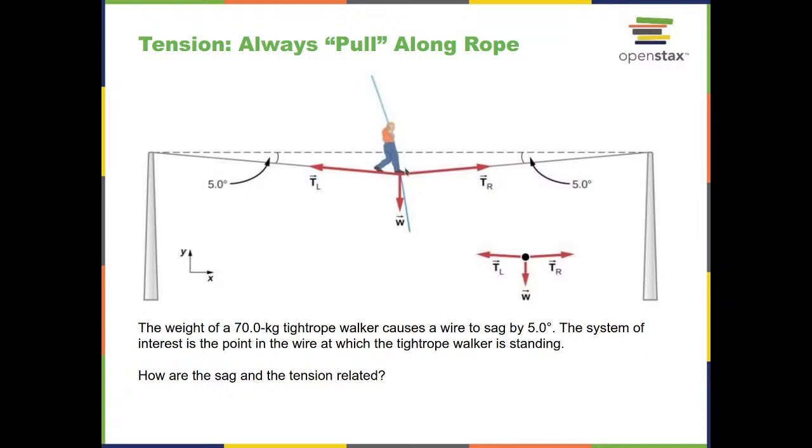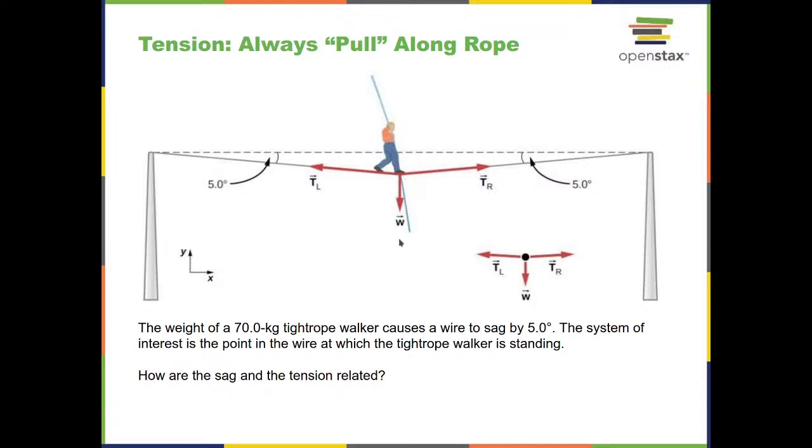So we've got the tension on the right side here. We've got the tension along the left side, and with tension, it is always a force that is pulling, and it is along the direction of the rope. So in this case, the tension has to be along the direction of the rope at 5 degrees away from the horizontal. And the same thing on the right hand side. The other force working on the tightrope walker is of course the weight,